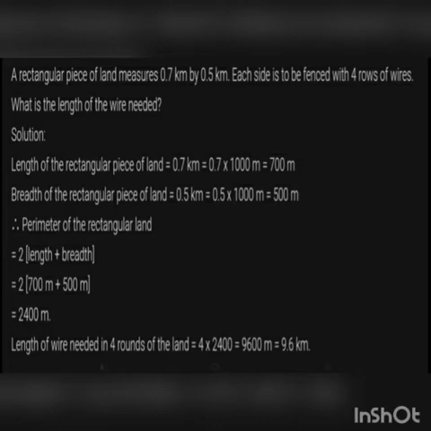Now, we have converted into meter, isn't it? In turn, we are converting it back into kilometer. For converting into kilometer, divide by 1000, that is 9.6 kilometer. Or if you write it in meter also, no problem, but since the question is given in kilometer, we have converted back to kilometer. Since they need it to be fenced with 4 rows, we are multiplying it by 4. So, you got 9.6 kilometer. This much wire is needed for fencing this rectangular piece of land.